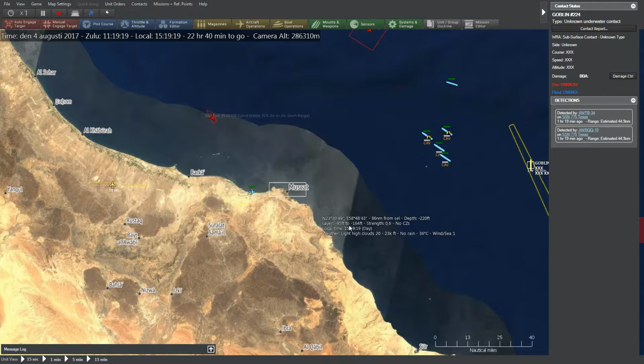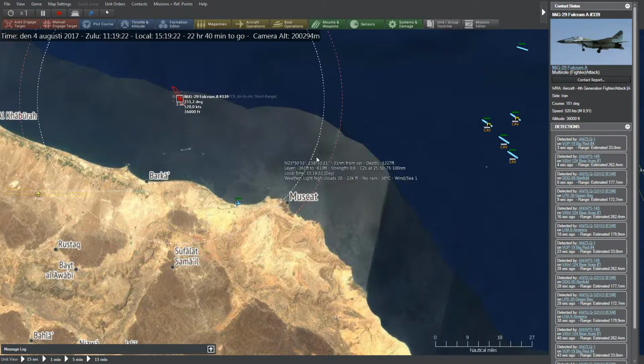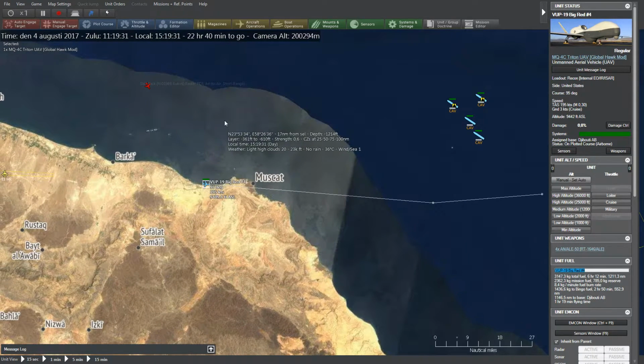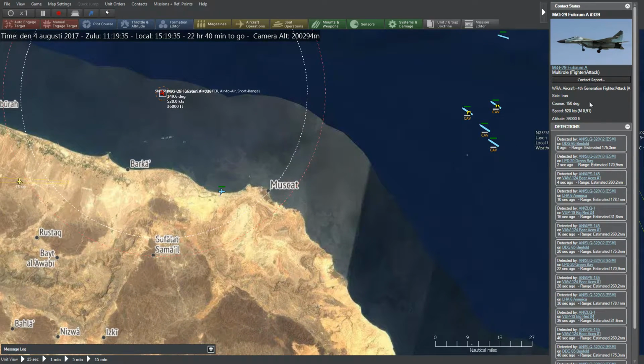So yeah, we're having a bit of trouble with the UAV being chased by a MiG-29. It's not looking too good for the UAV, but it's actually getting down there quite quickly. It's already at 9,000 feet, so that's good. Let's take a look at